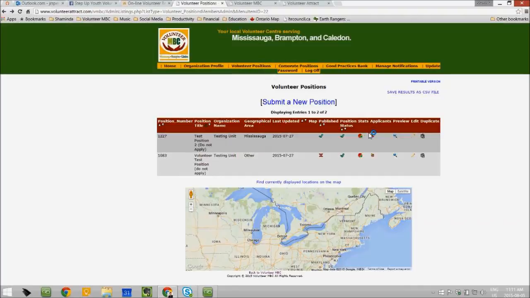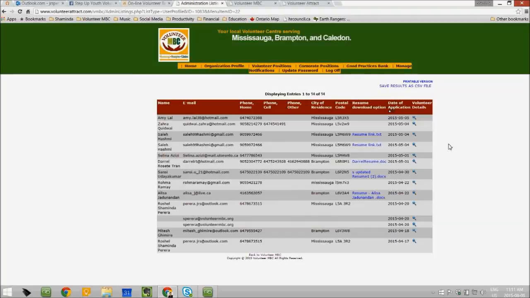And moving back, the applicant's details are for you to know who have applied to the position. We will be touching on the notification service, so you will be notified when somebody applies to the system at a frequency that you set for yourself. Whether you receive the notification or not, if you periodically come into the system, you can see who has applied to that particular position. And it is sorted according to the date of application. And the most recent application will appear on top, as you can see over here.